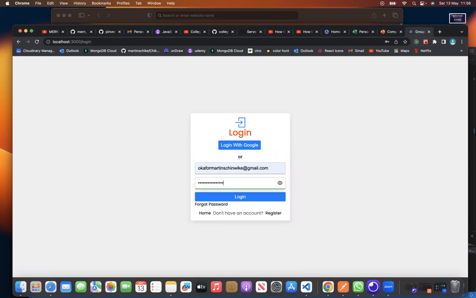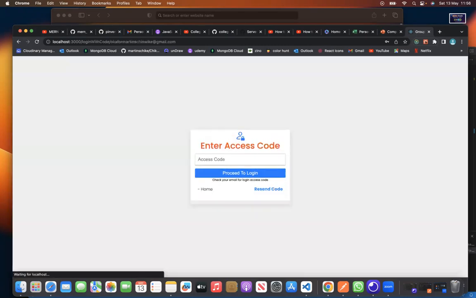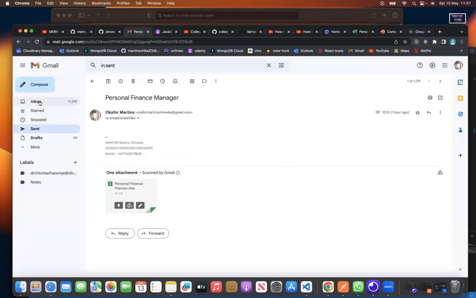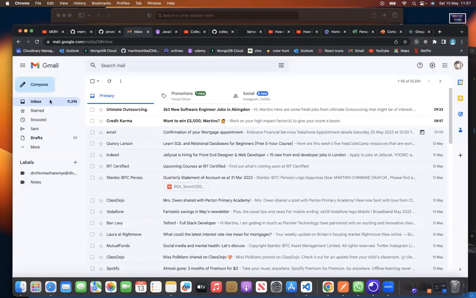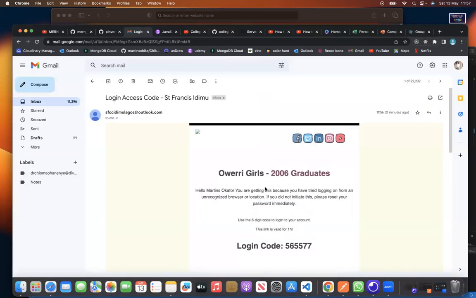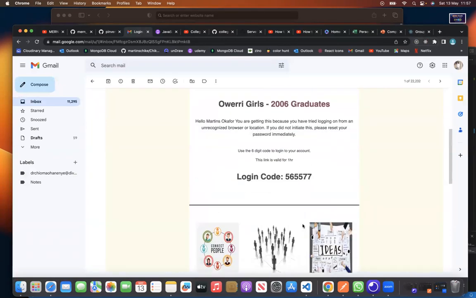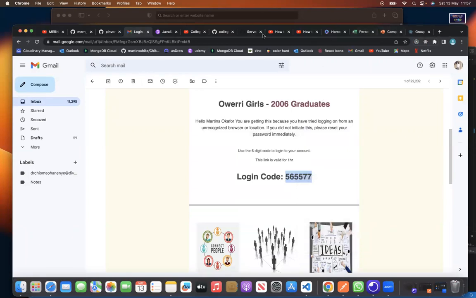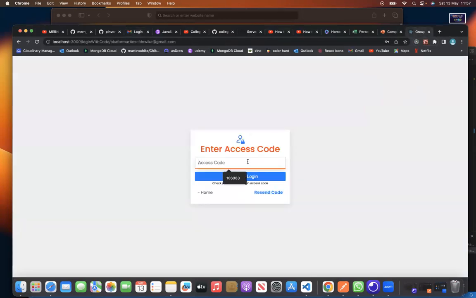Remember those things I told you? Because I have used this on a browser before, it will send me, I have to put it. These are authentication processes anyway. See, I'm designing this for a group in my church. So let me see, just a second. You put this, what they call